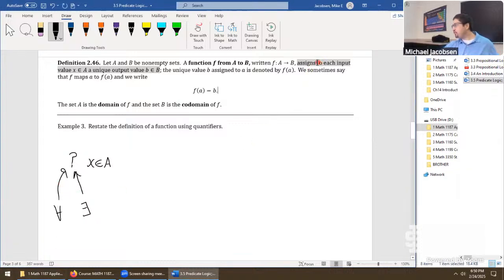It's going to be relative to this word, to each. Anyone see which one it should be? I agree, absolutely. To each, for every, these are all ways of saying the universal quantifier, for every value x. So we'll pick out that one and write for all x in A, the domain,